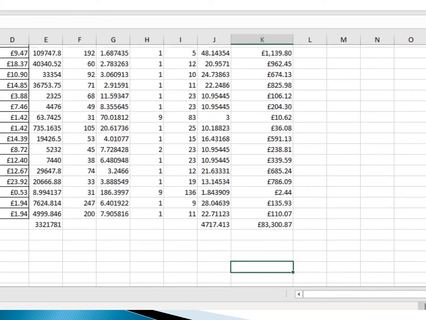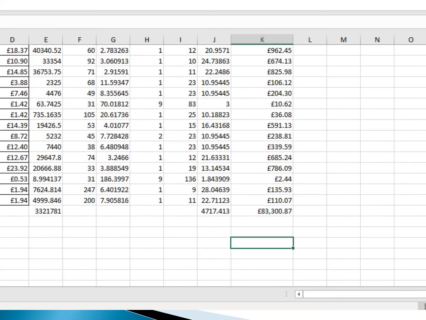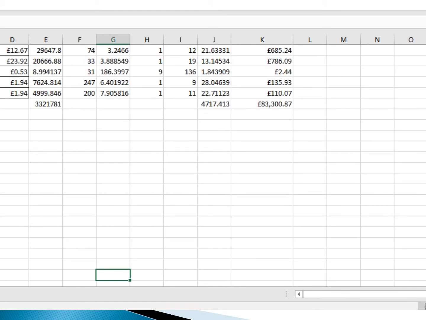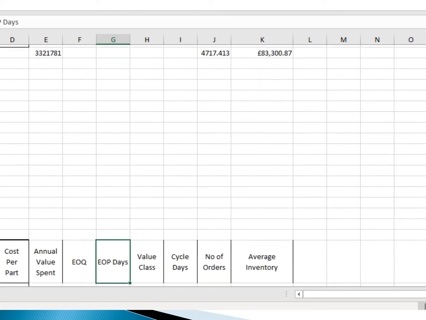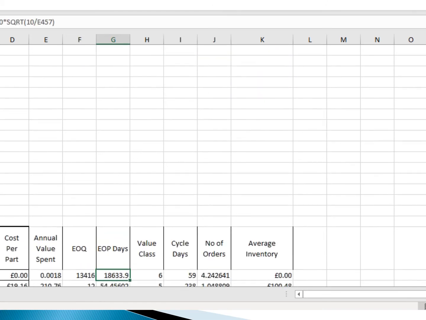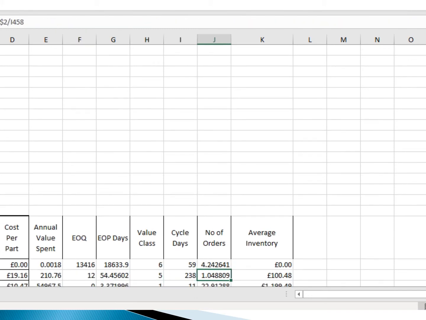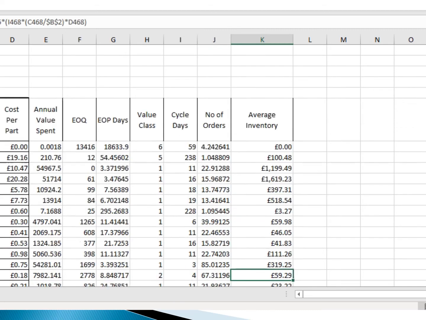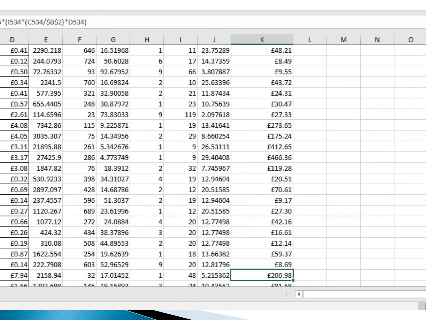Here we see the final number of orders for constant K, and the number of orders for the constant K10, with working days 250. Here we get the value of the number of orders for part 1 and the average inventory, the same for the 200 parts.